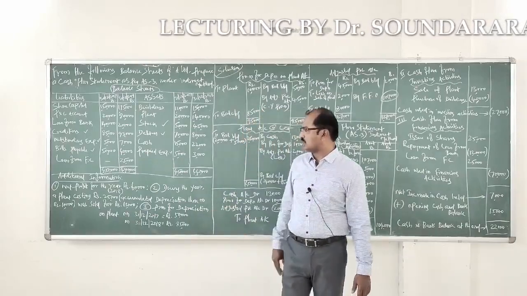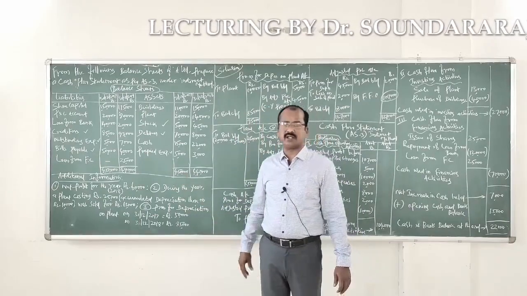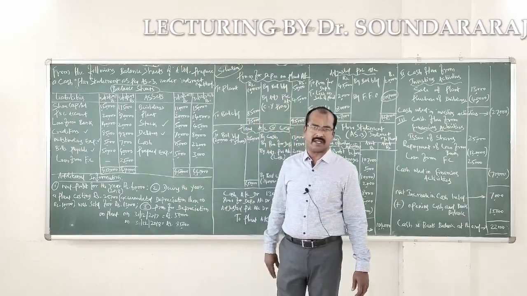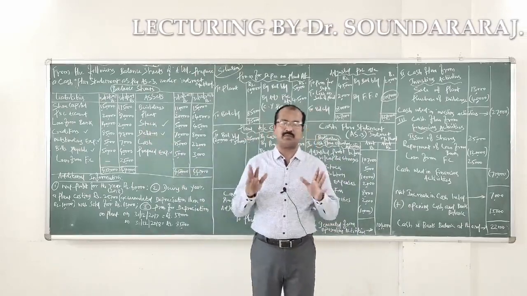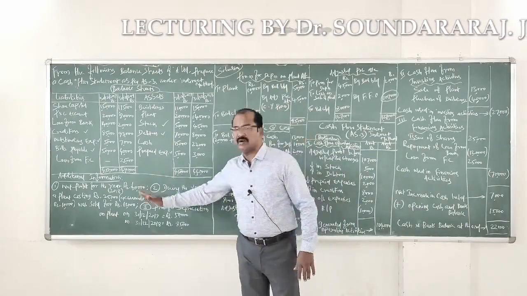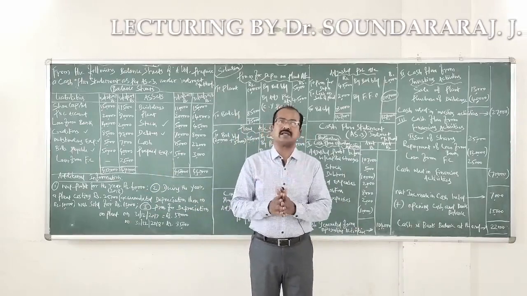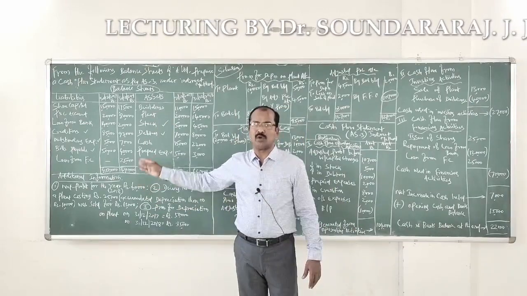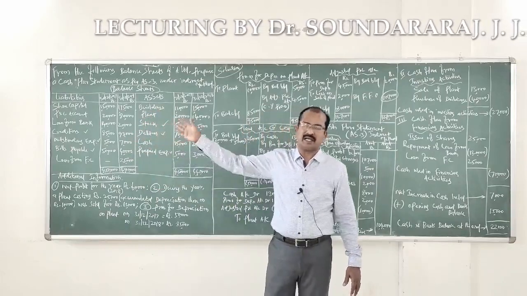Now what about the additional information given here? Net profit for the year amounted 60,000 rupees. This is for the current year. When we are given the opening and closing balances of profit in the balance sheet, let us not worry about the profit which is given in the additional information. It is to be done with the assumption that this particular amount would have been incorporated with the balance of profit presented in the balance sheet.